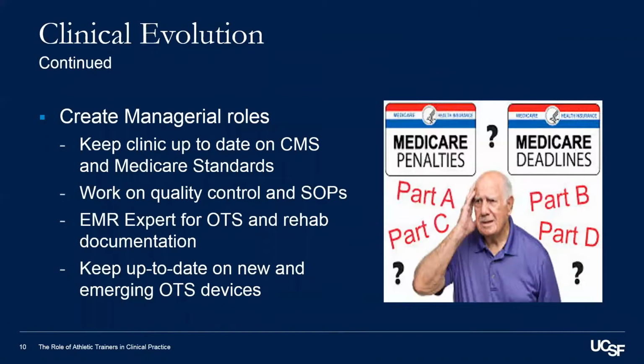I'm actually our Medicare liaison and expert in our O&P department, and I go to conferences annually. And again, because I speak the language, because I was educated on what they're looking for, because I know what doctors are documenting and how they're documenting, I'm able to keep up to date on these different Medicare standards year in and year out as they change and become more difficult. And by doing that, I'm reducing our risk of audit and audit issues, because I know what's going on. It also gives our other clinicians a point of contact to go to with questions when they're not sure about something. A lot of times I have the answer, or can find the answer for them when it comes to Medicare and Medicare